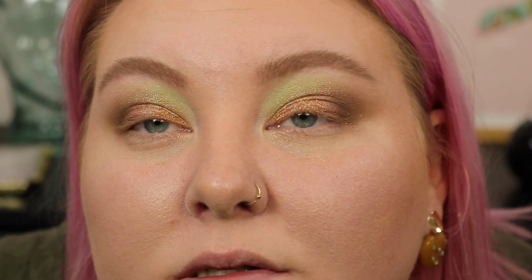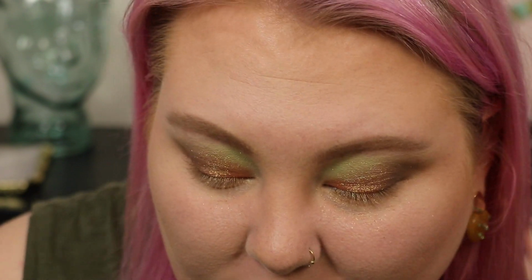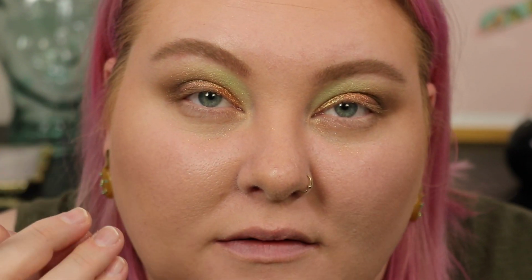Okay, I do like this color. I'm hoping that with a little more moisture on my lid, like if I was just going over with a cream shadow and then just tapping that shade straight on, none of the matte in the crease and stuff, I think that would actually be the best way to get the most shine from this, and probably how I'd wear it a lot. Just one shadow, that's it. Maybe add the matte afterward so that it has the best chance to stick,